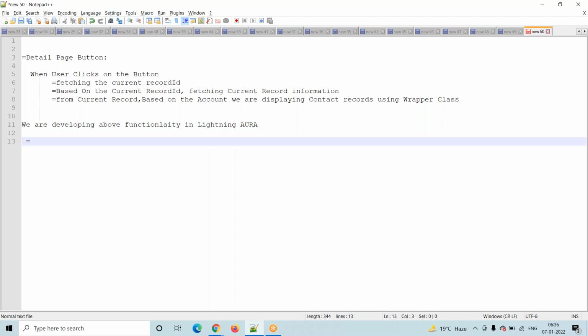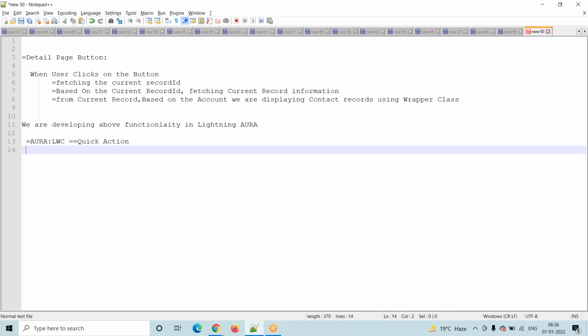Here in lightning aura or LWC, instead of a detail page button, we will call it a quick action. So we are creating a quick action. That quick action internally calls our lightning component.